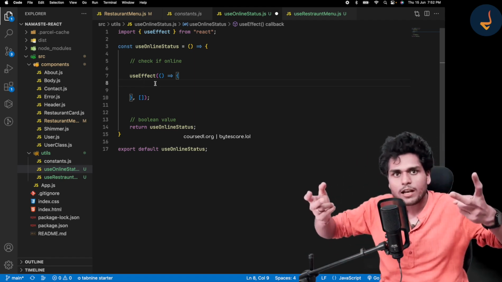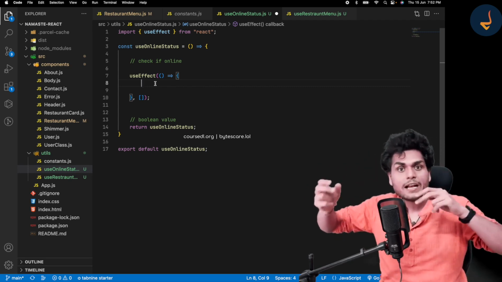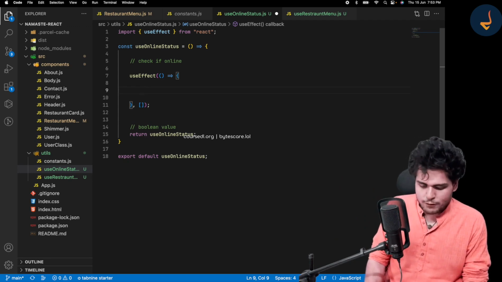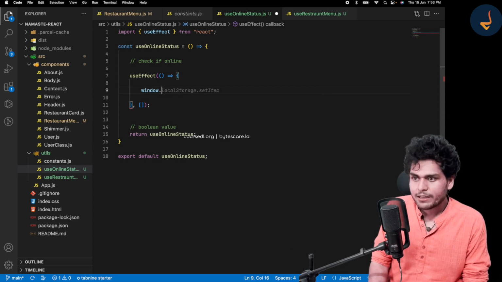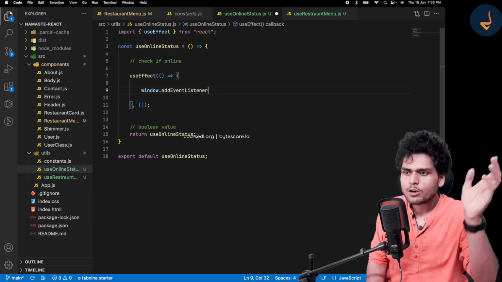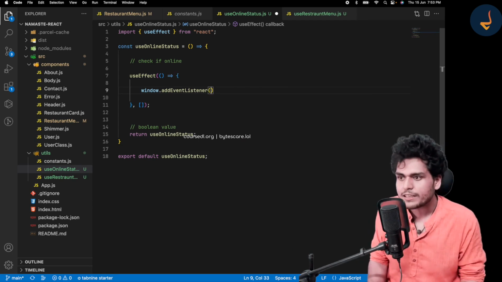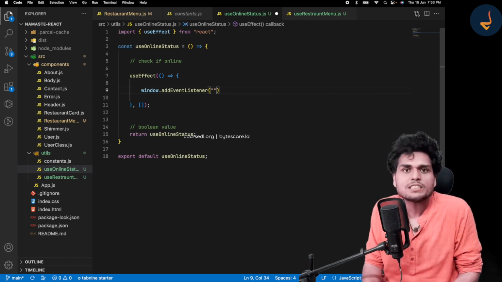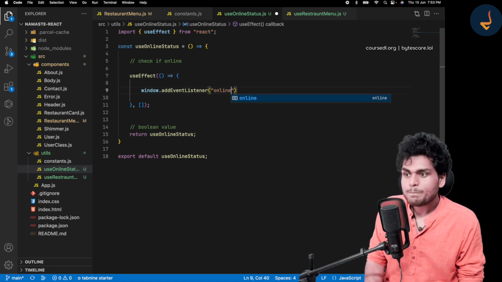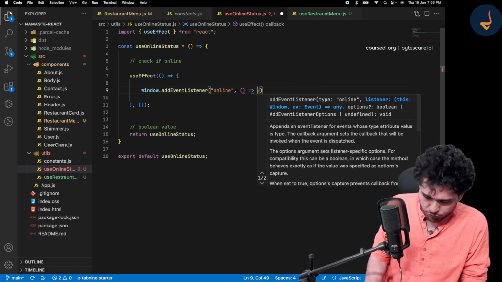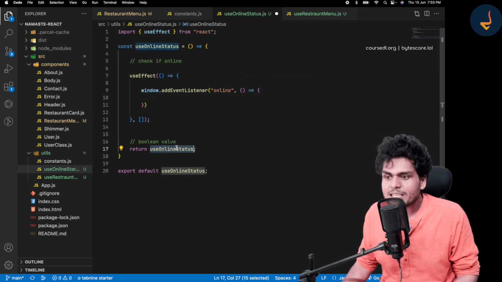When the internet is online, when the internet is offline, and return the status back. So how do I add that event listener? I will just add the event listener like this. Add event listener. If you are not familiar with this syntax, go back to the MDN docs. It's very easy. It's just like adding any event listener to the web page. It's normal JavaScript. So if I go online, then do something. What should I do? It basically changes the online status and returns it.